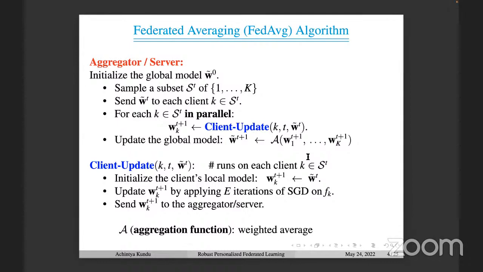Once the server receives the updated models from the clients, it has to somehow combine the models to get an updated global model which will work across the data sets. In the standard algorithm, the aggregation function is just weighted averaging. The weight can be decided by the amount of data that each of the clients has. So this A function takes the clients' updated models and does something like taking the mean of them to compute the global model.